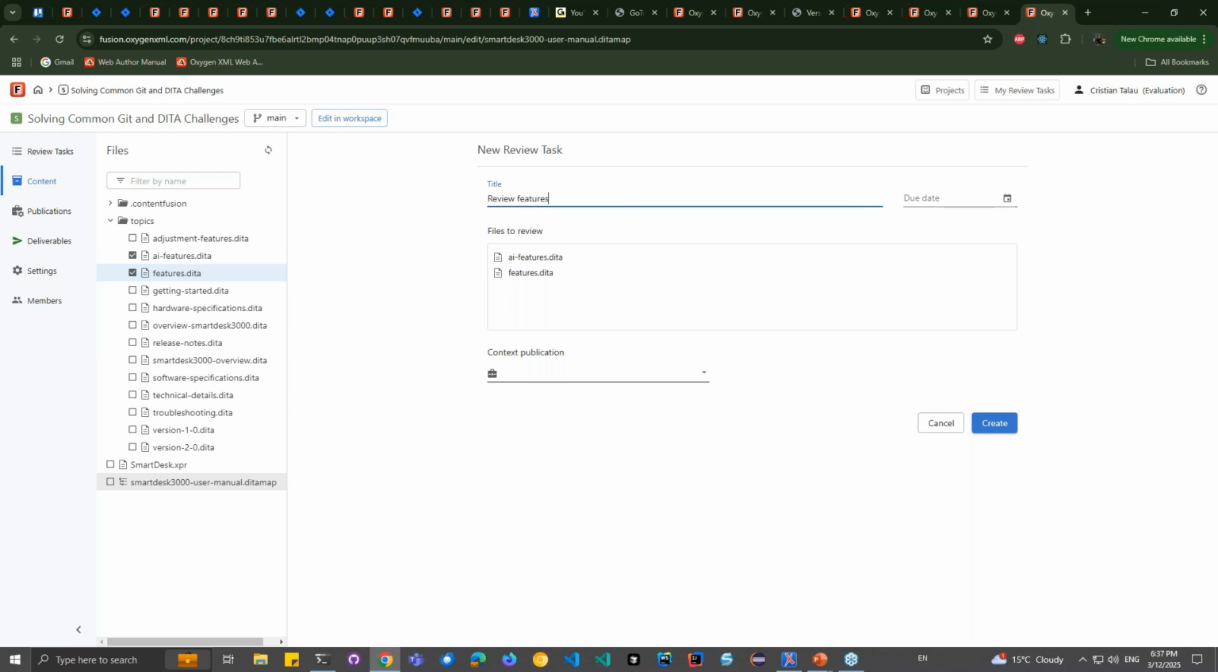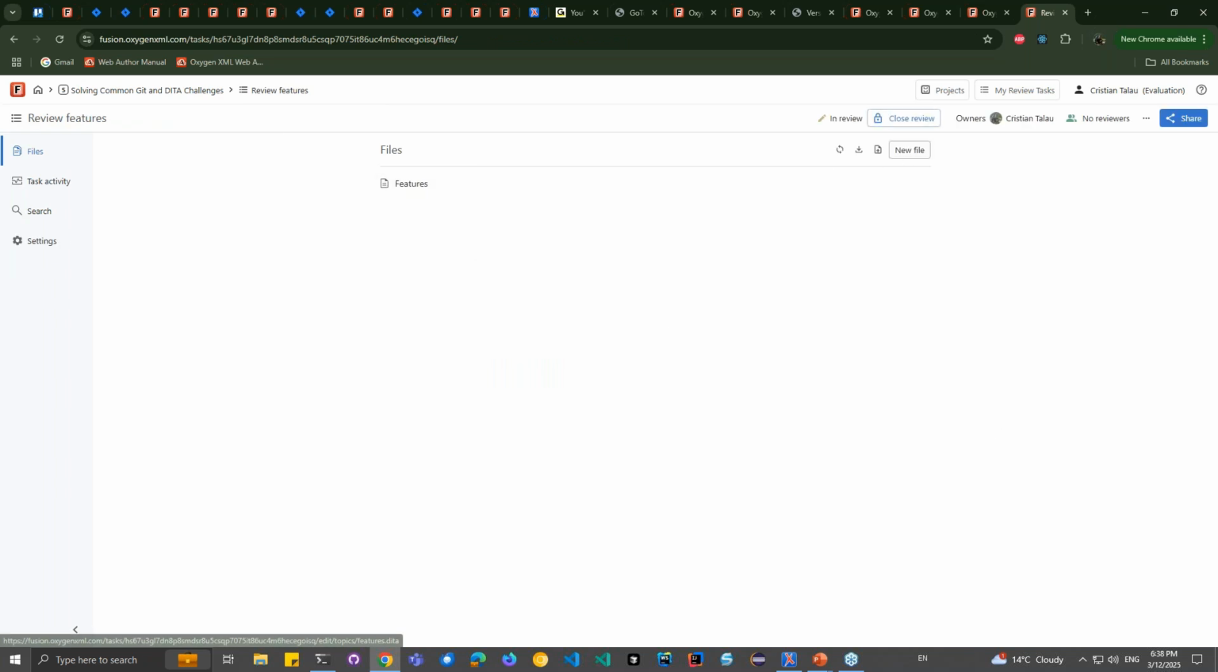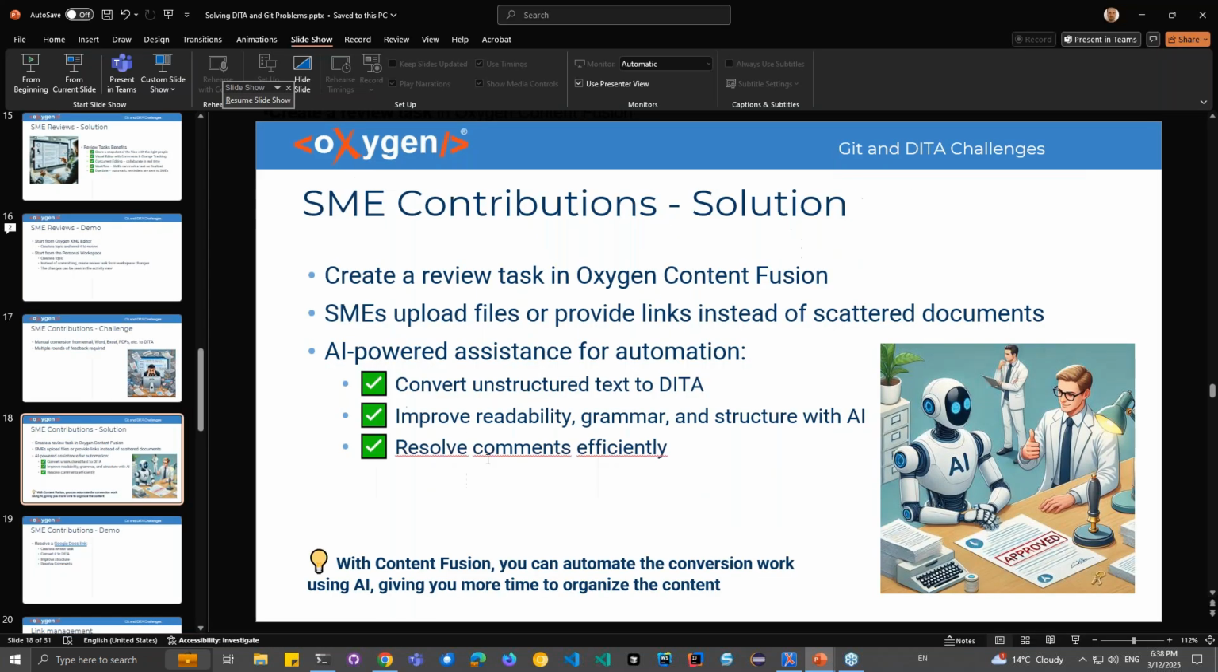I can also choose a due date from the beginning. I can choose the context publication. But now, instead of choosing some files that I want to send to edit, I can choose, for example, the features chapter that I want the user to add content into. Okay, so I can click create here, and then